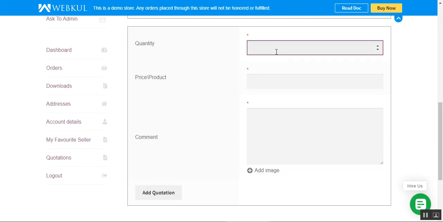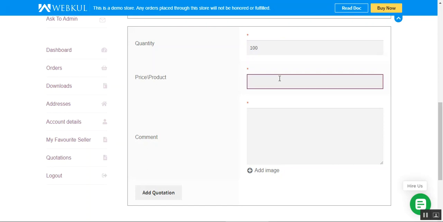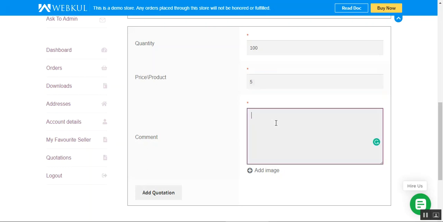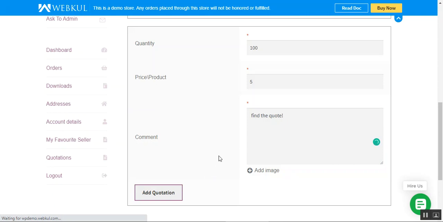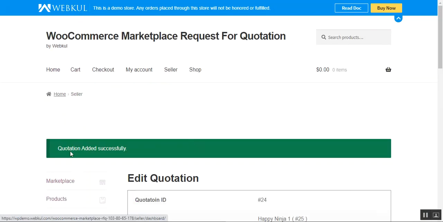So we had asked for 100 quantity. Let's set it as 100, price per quantity let's set it as 5, and let's comment on that as fine the quote, fine the quote, and I'll tap on the add quotation button thereafter, and after that we'll be able to see a success message, and it will display that the quotation has been successfully added